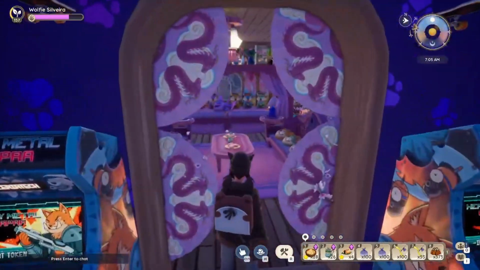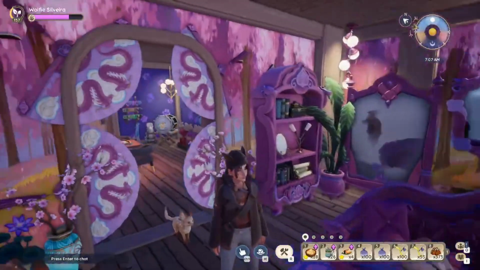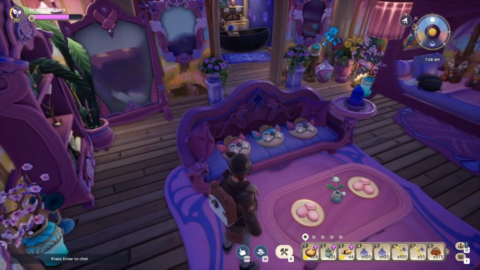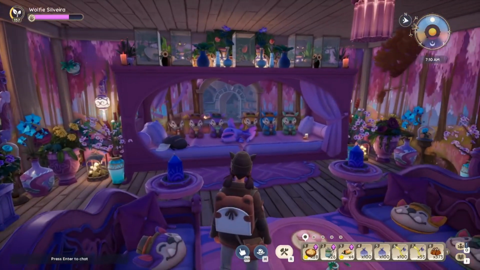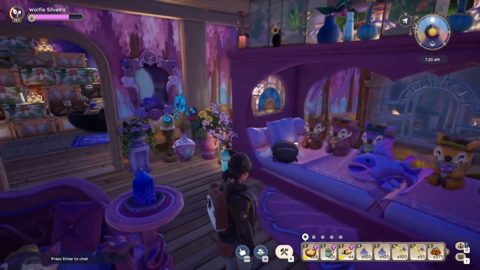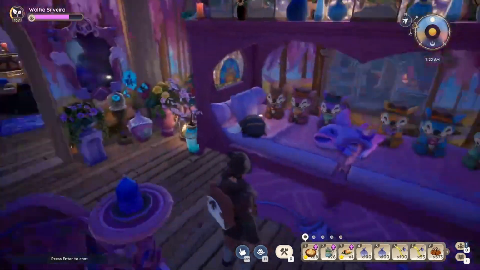From here, we can go into the bedroom, which is really, really pink and princessy. I do call this the princess room. And we have all the pillows and all the plushies from the Magic Market. And I have this room really decorated with flowers and with bugs to make it feel very fragrant and princessy,